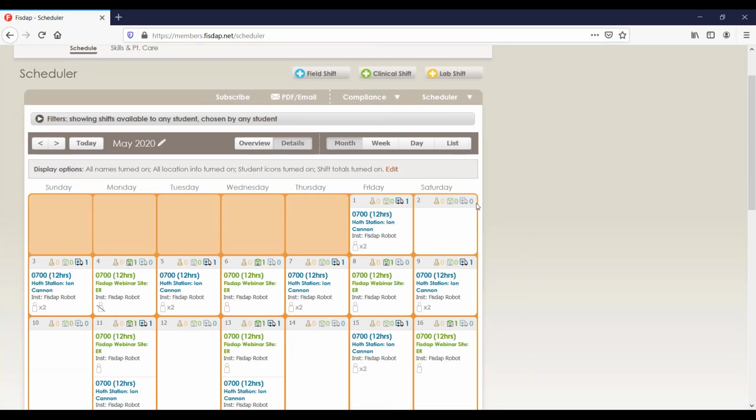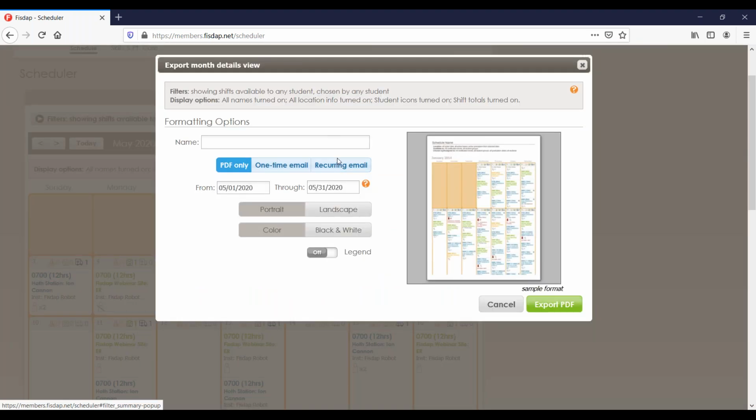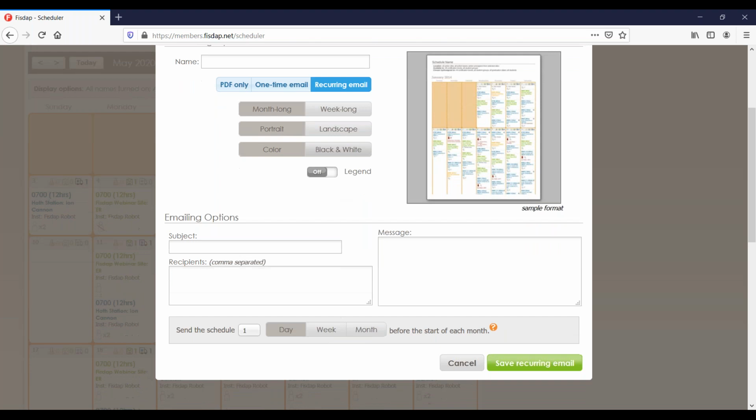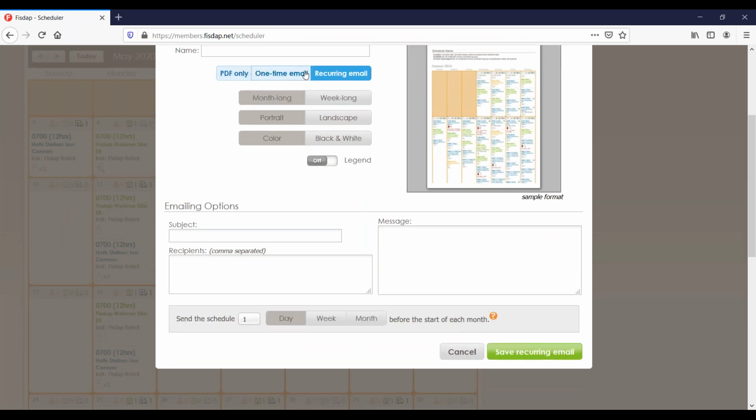The last quick two things I want to point out is, I had mentioned at the very beginning that you can also access the scheduler settings from the scheduler itself, and that's if you just hover over the schedule and click on settings. The shift requests, if you do turn on drop with permission, those go here. And then the PDF email, this is an option where you can actually set up a recurring email. You can also make a one-time email of this calendar or just a PDF of the calendar, but this will set up where whoever you set up to go out to will receive a PDF of the schedule